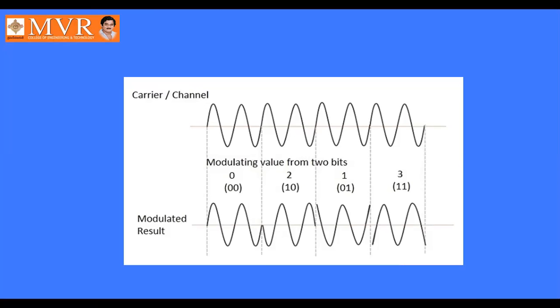So this is called grouping. We are combining 0 0, these two, combining 2 bits here: 1 0, 0 1, 1 1. This is called grouping. So here there are 4 phase shifts. This is the first phase shift, second phase shift, third phase shift and fourth phase shift. Like this, 4 phase shifts are involved in this QPSK signal, the quadrature phase shift keying signal.